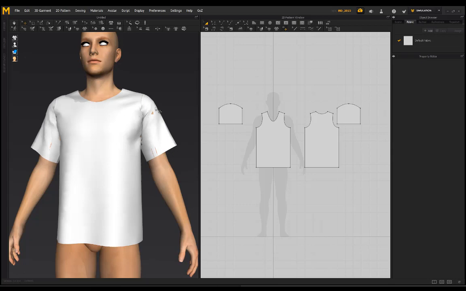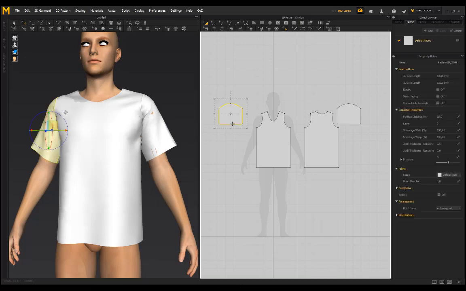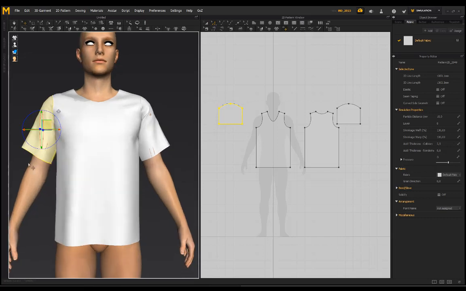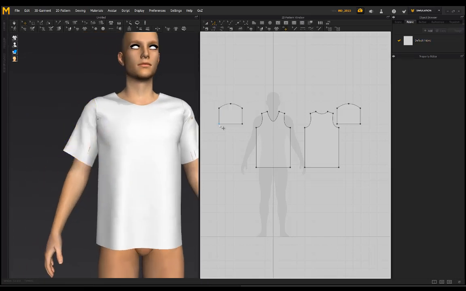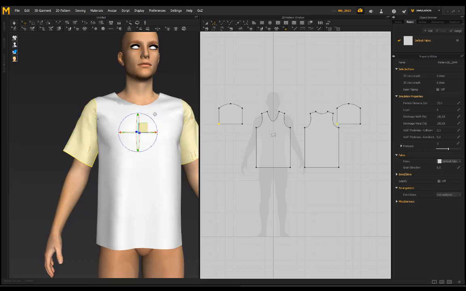You see how these sleeves are basically poking out? It's basically because of this pattern. Now if I didn't want these sleeves to poke out as much as this, all you have to do is select these bottom points and bring them in. So you do that for both sides. I'll select there,